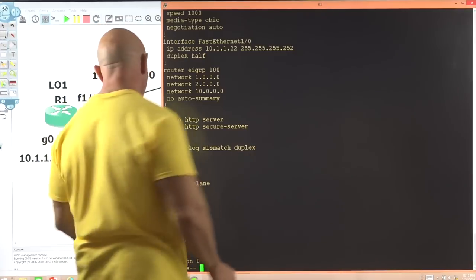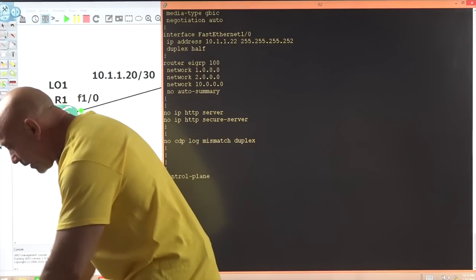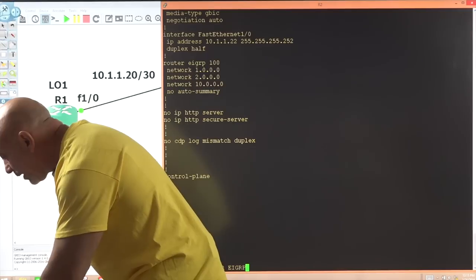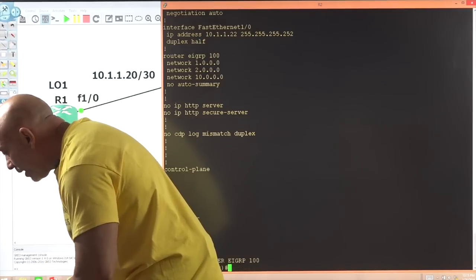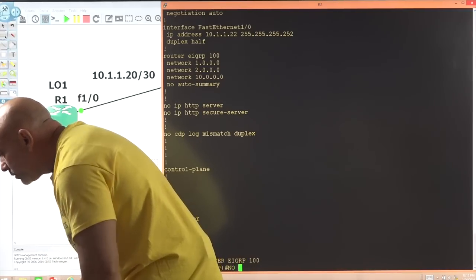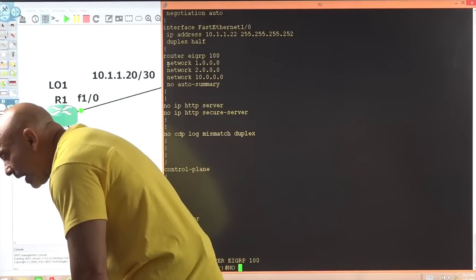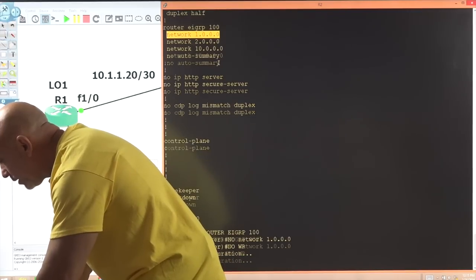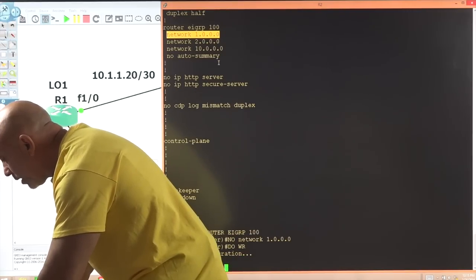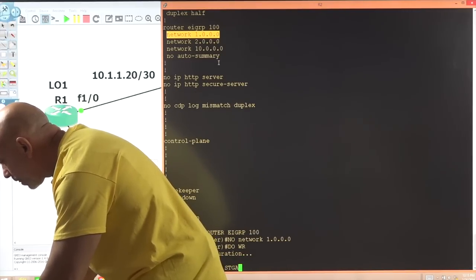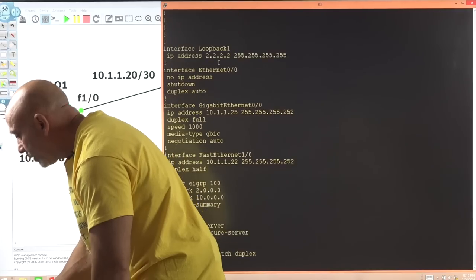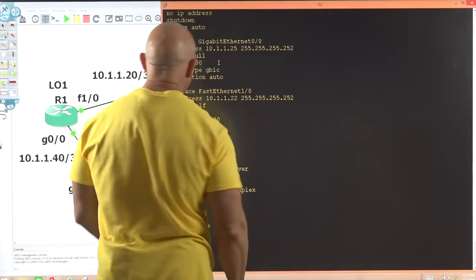A little troubleshooting there. All right. So I'm going to do a Control C. I'm going to do router EIGRP 100. And I'm going to say no. Highlight this puppy right up here because I don't want this guy. Right click it, enter. I'm going to do a do WR. And then I'm going to do show start. And voila. Okay, here we are.